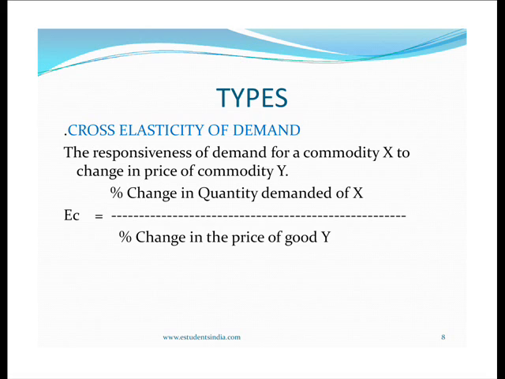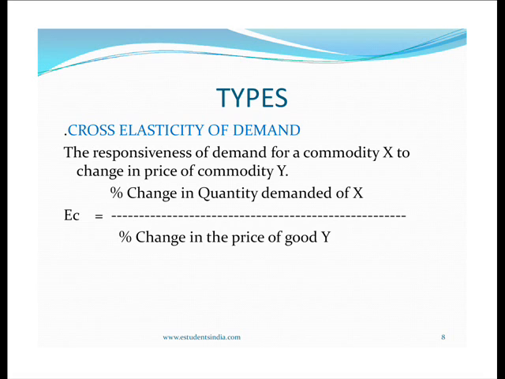Very often, demands for two goods are so related to each other that when the price of any of them changes, the demand for the other good also changes, its own price remaining the same. X and Y are substitute goods or complementary goods. Substitute goods are competing goods. Complementary goods are